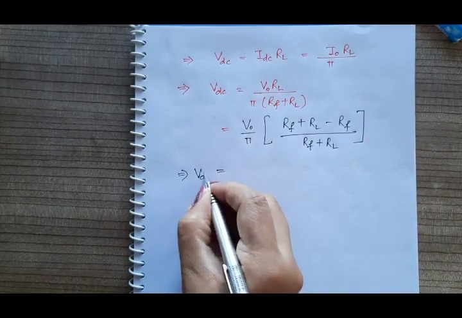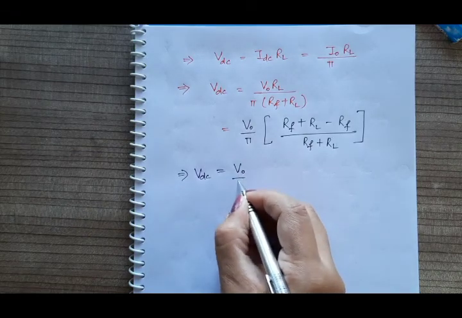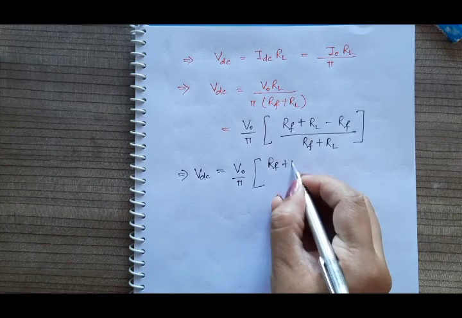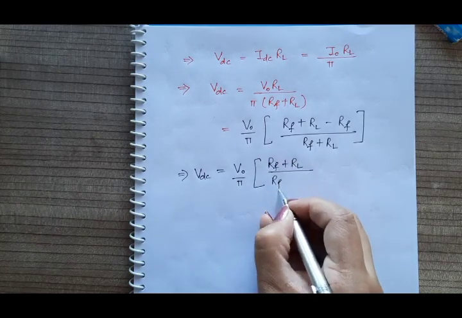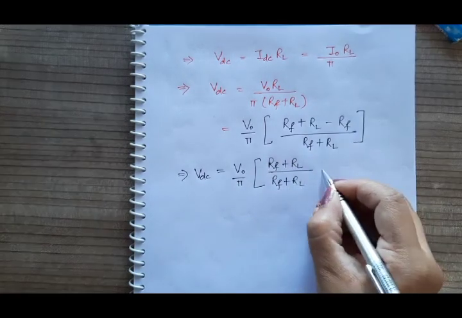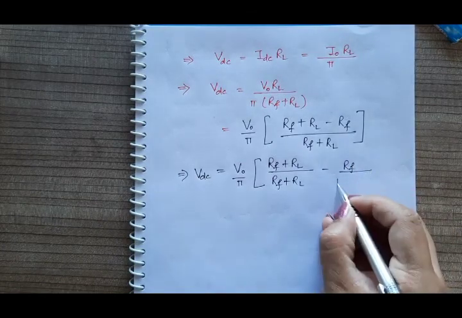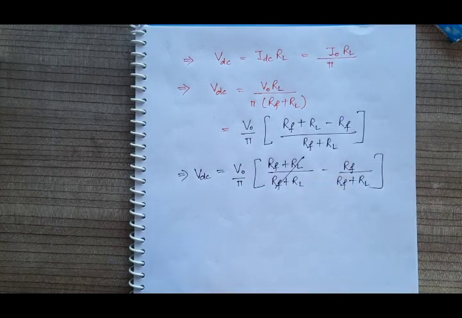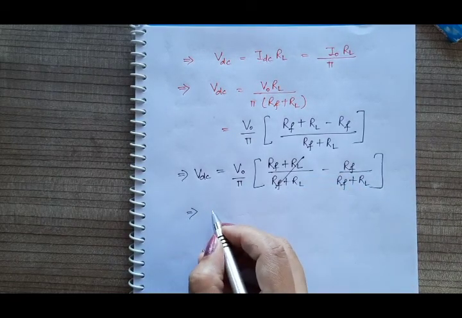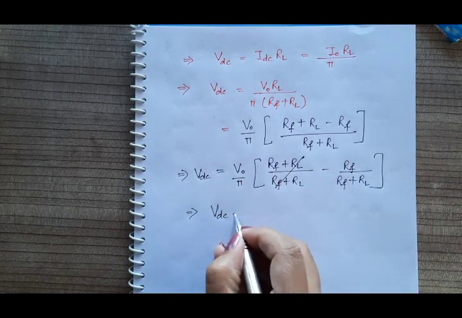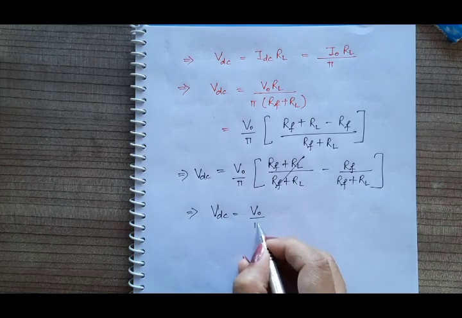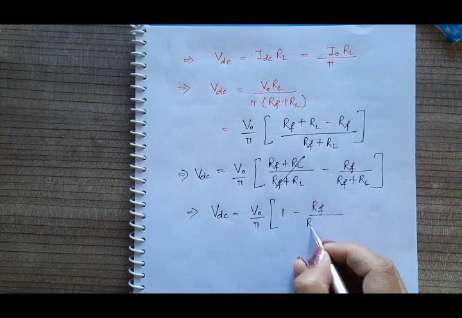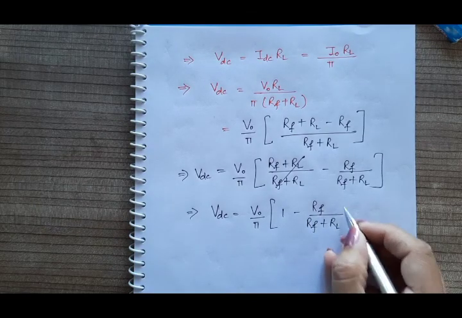So we have VDC, it is equal to V0 by pi. This RF plus RL upon RF plus RL minus RF upon RF plus RL. This will be cancelled out. So we have